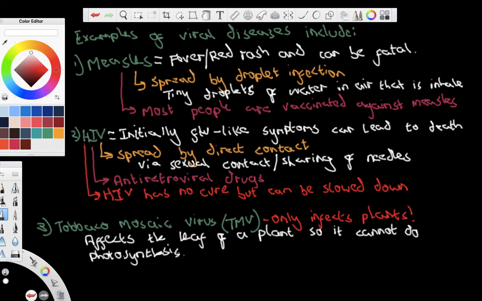Okay. Now it enters the plant through wounds. So if there's a cut in the plant or a break in the stem or the leaf, the virus gets in through that break. So we can say enters wounds of plants,